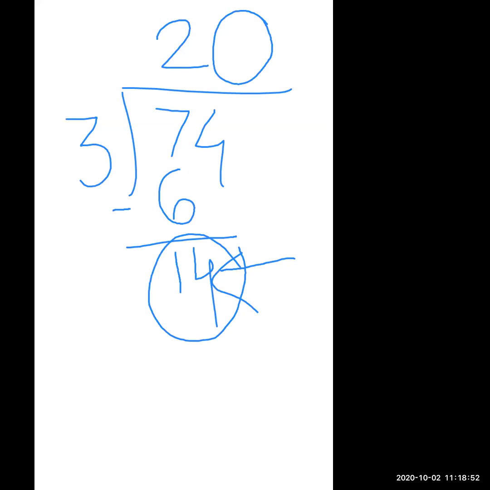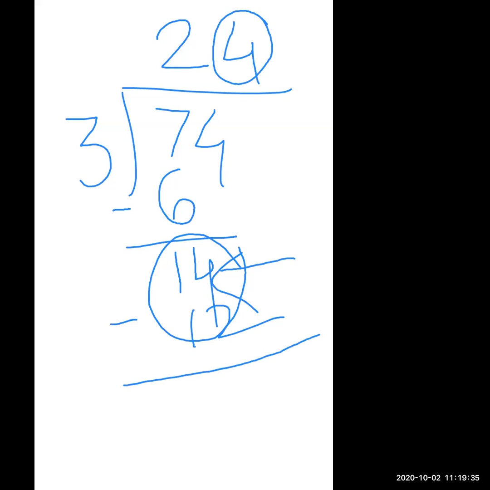Good. 3 4s are 12 and 3 5s are, yes, tell me, 3 5s are, what is the answer? 15. Okay, if I write 15 here, then will your answer come correct or wrong? Tell me, correct or incorrect? Can I write 15 downside of 14? No, that means your answer will come wrong. So which number will come? 3 4s are 12. So tell me now.